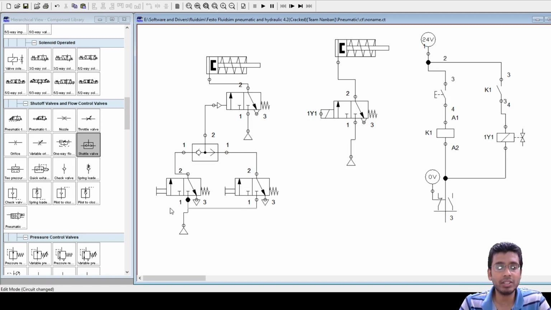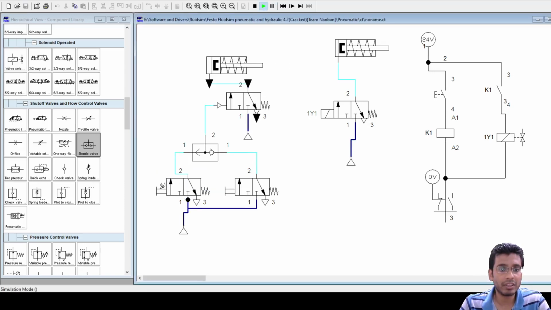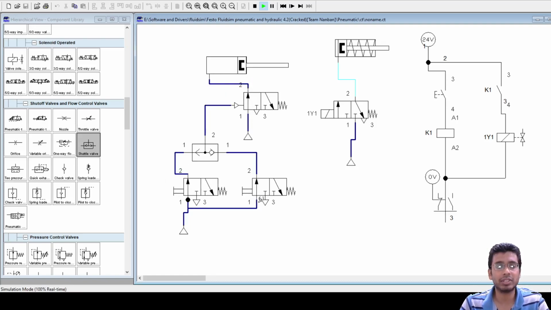Even in the OR category, this is an indirect actuation of a single acting cylinder using the OR circuit. If I press this, it is extending, or if I press this one, it is extending, or if I press both, even then this cylinder extends and it retracts. So this is indirect actuation. Why? This is an OR circuit, plus ultimately I am using another 3/2 pilot operated DCV, which further extends my single acting cylinder 1A here.